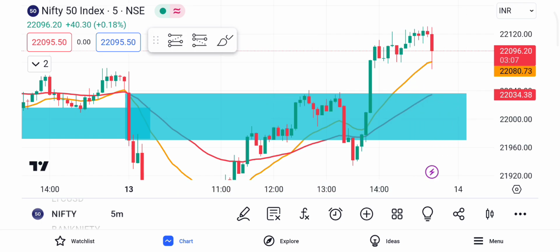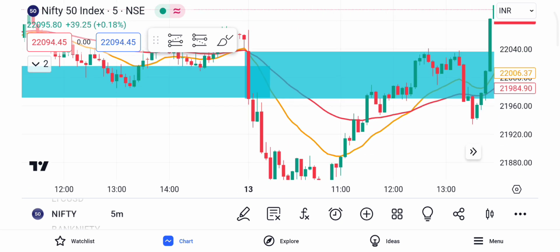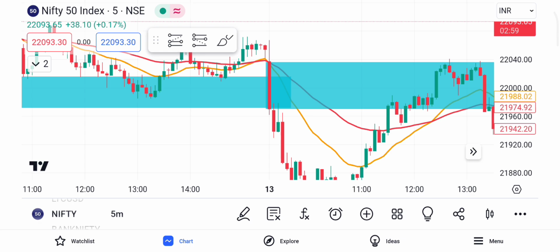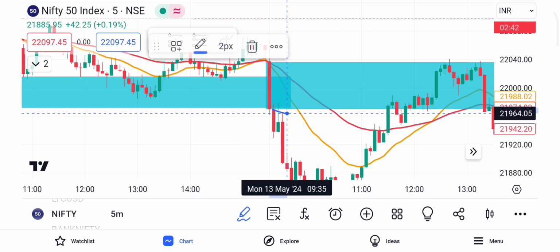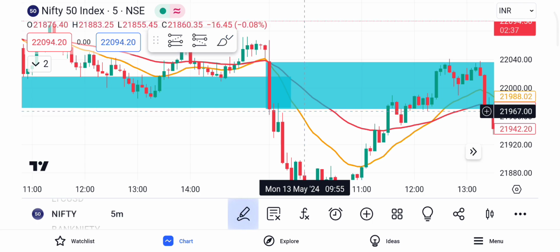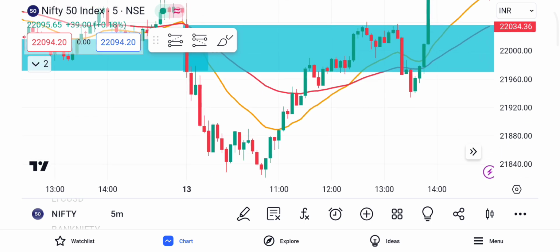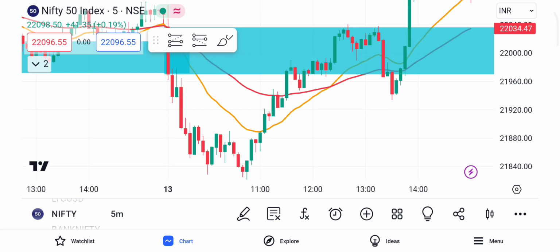If you see this, we took this and then there was a retracement here. If you doubt that the market may move up from here, you can wait till it goes into that range. Otherwise, from here you can simply take a PE trade. Stop loss may happen, may not happen. That is not in our hands. This is the most basic thing we should understand: we cannot fight with the market. We have to go with the market.